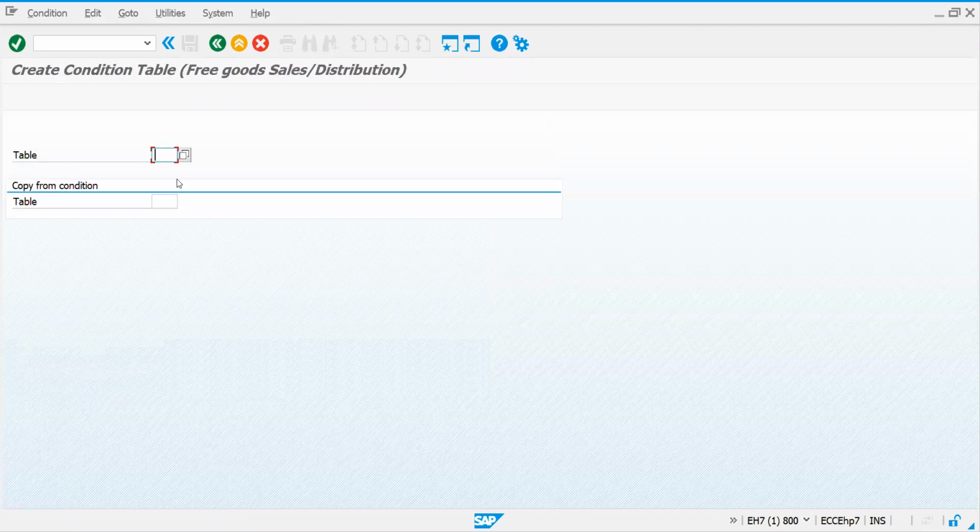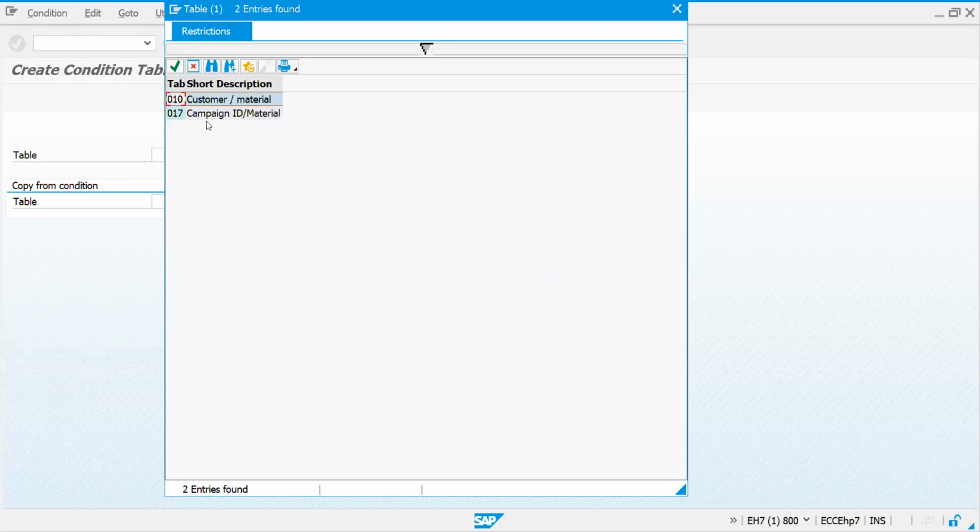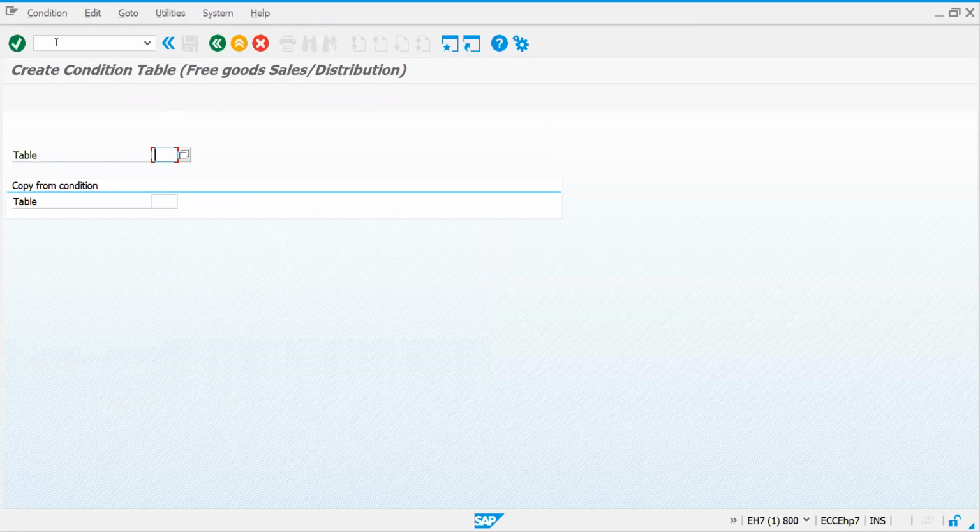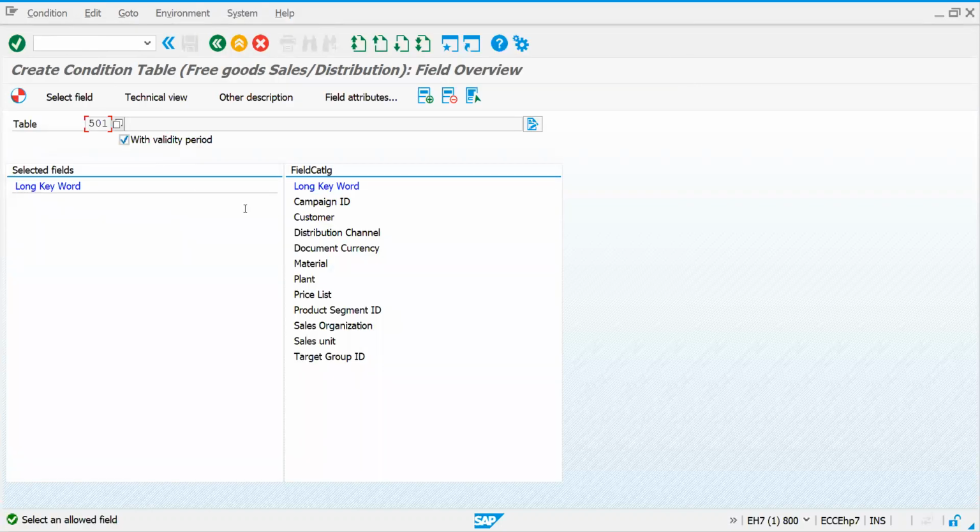First step. If you see in standard, you will get the customer material and the campaign ID and material. Like that, if you want to use an existing standard one, or else you can define your own one. Let's create our own condition table. So let me choose the code; let's take an example, 501. Okay. So in that I can take